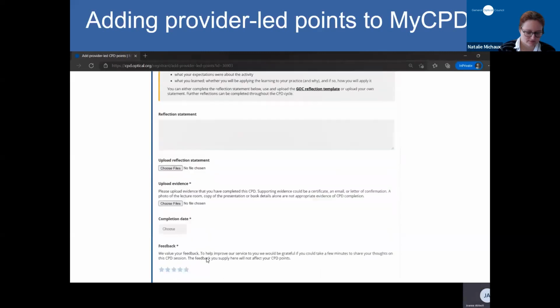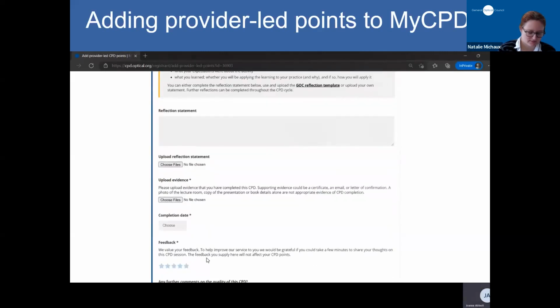You're also required to upload some evidence that you've completed the CPD, and this can be a certificate of completion from the provider, an email or a letter of confirmation, or it could also be some notes of the CPD that you've taken, and these can be uploaded with the evidence here. You'll need to select a completion date,